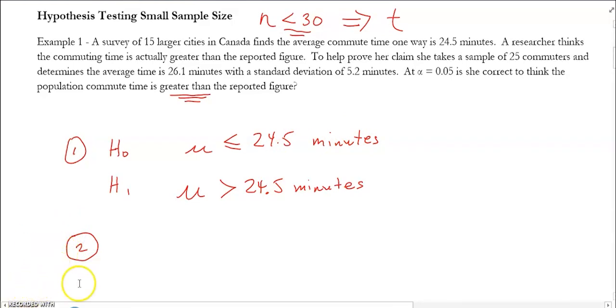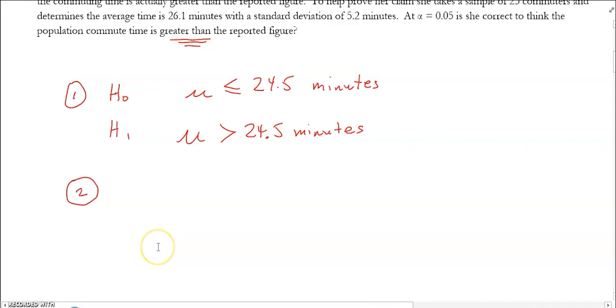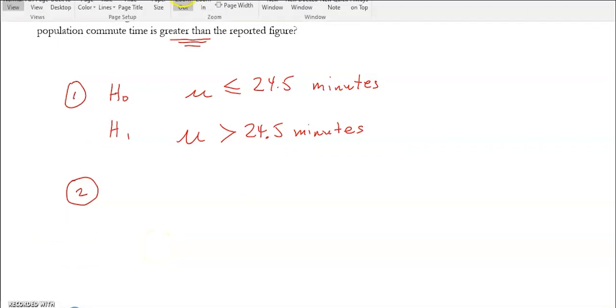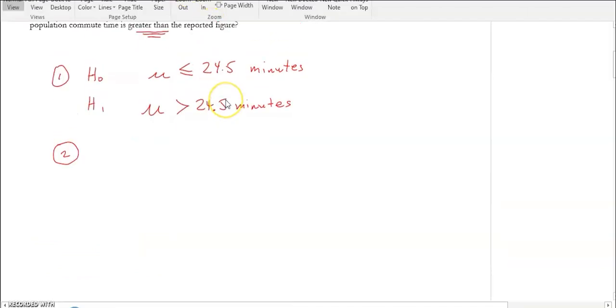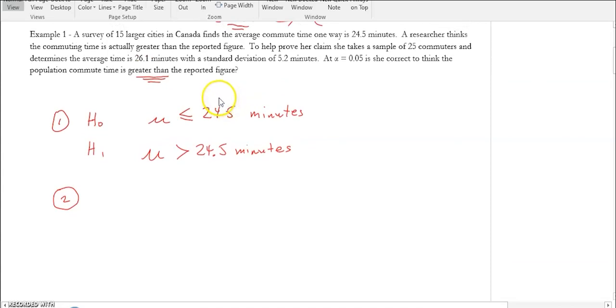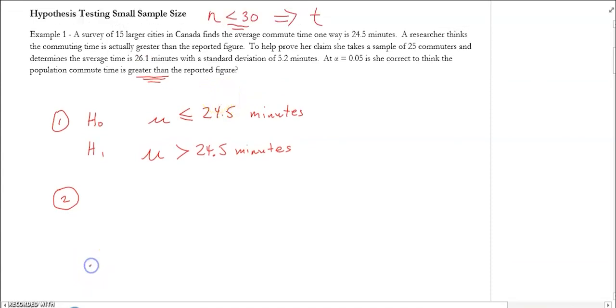And once again, let's put together the normal distribution. It's going to look something like this. Based on our question, there's our normal distribution with the mean in the center. And the mean greater than 24.5 tells us then that it is a right tail,